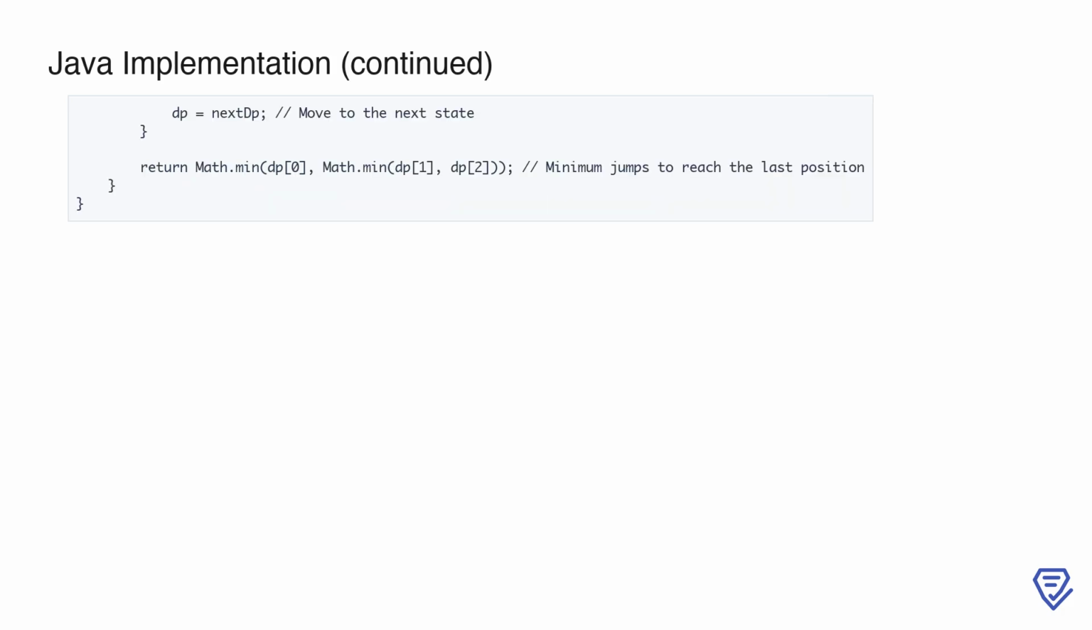After processing all lanes for the current position, we update DP to point to nextDP, effectively moving to the next state in the iteration. This allows us to calculate the minimum jumps for subsequent positions based on the updated values. Finally, after completing the loop, we return the minimum value from the DP array. This represents the minimum number of sideway jumps required to reach the final position, regardless of which lane the frog